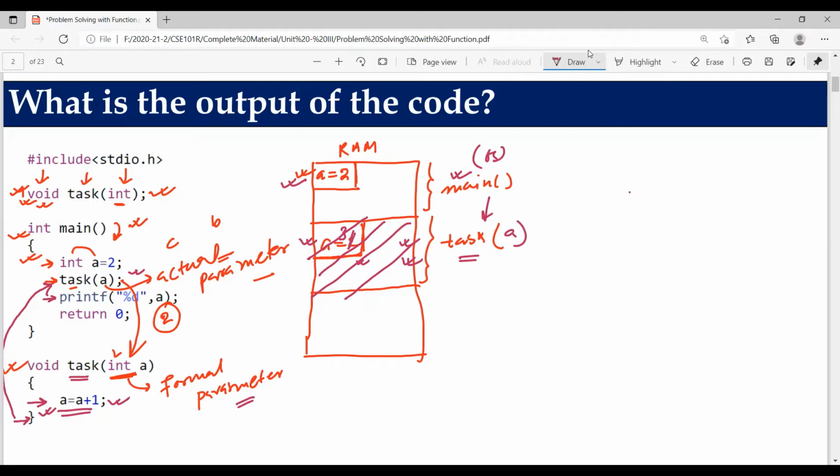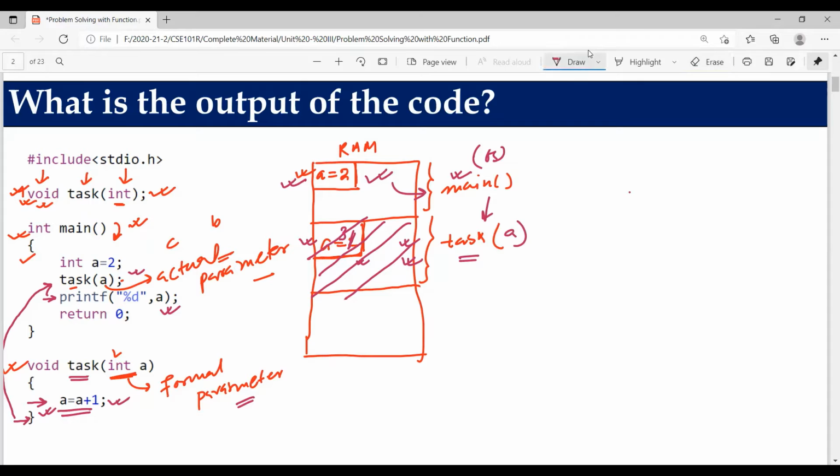If you look carefully, printf is printing the variable a here. So what is the value of a now? If you look carefully in the RAM, only one copy of a is available, which is within the main method. So always remember, this is our local variable.